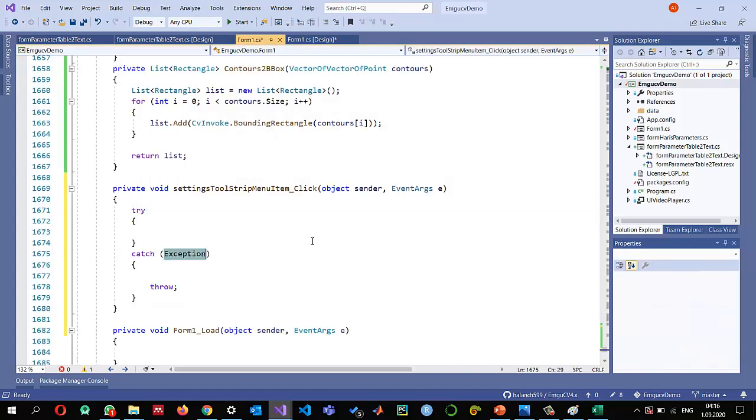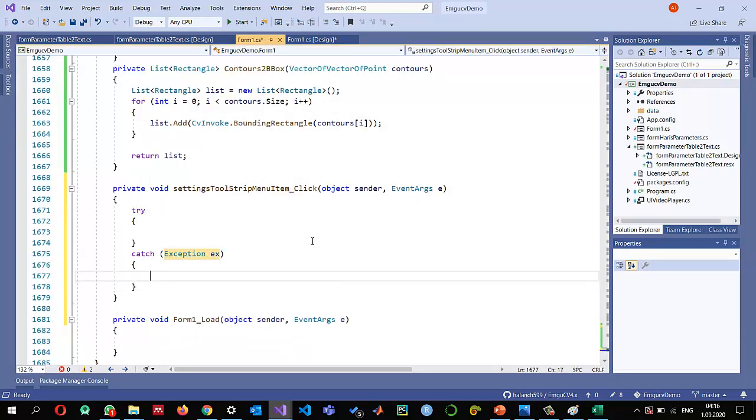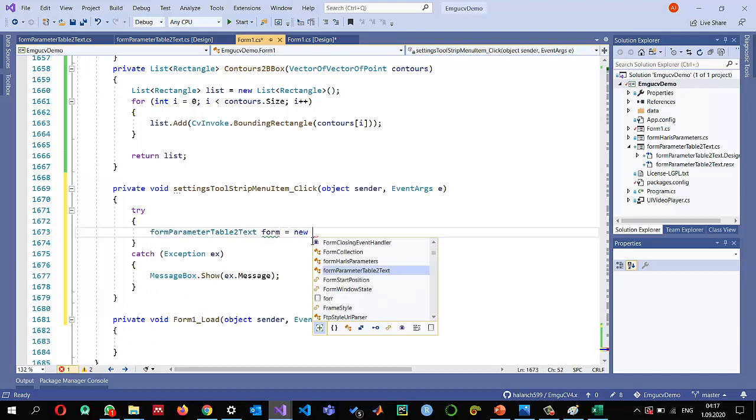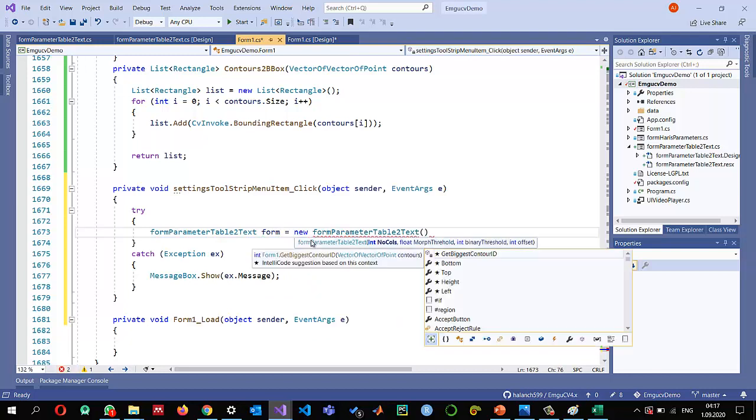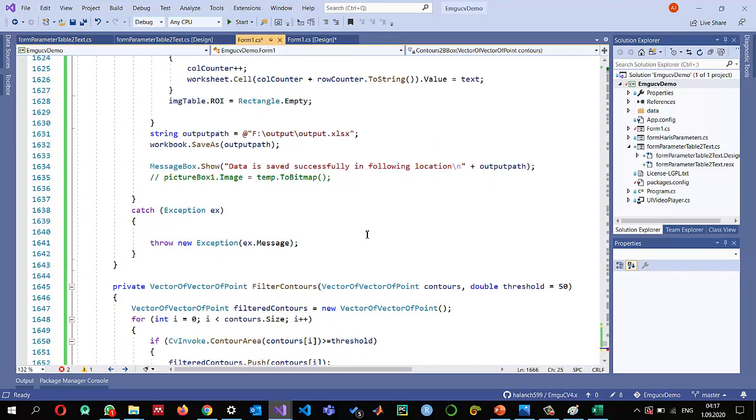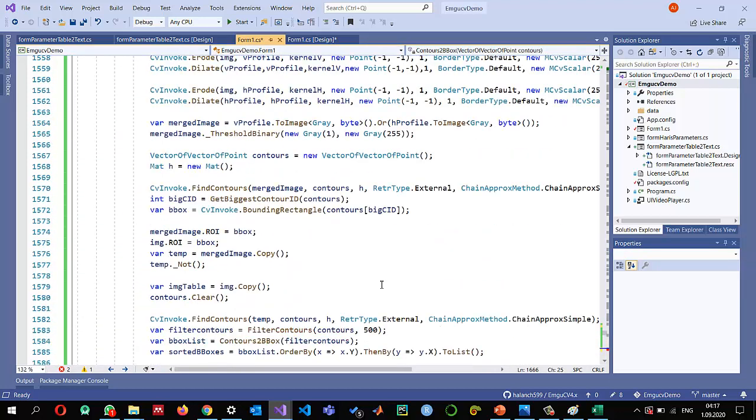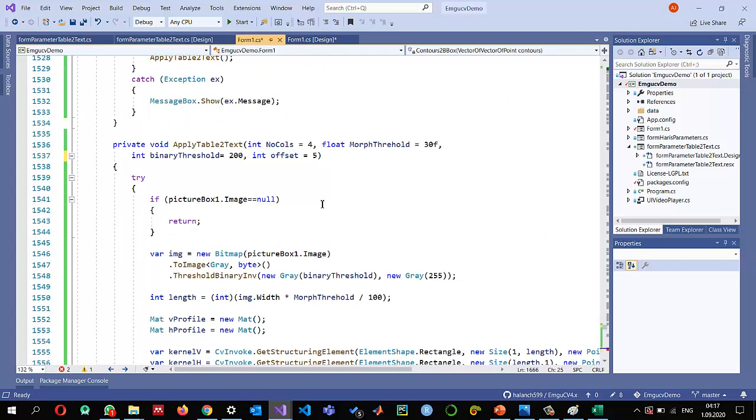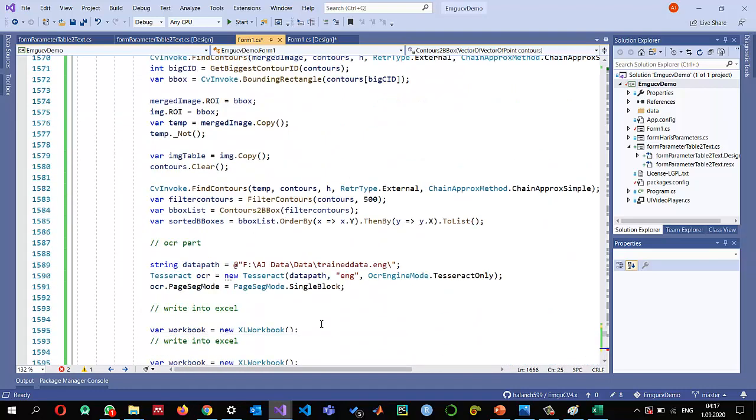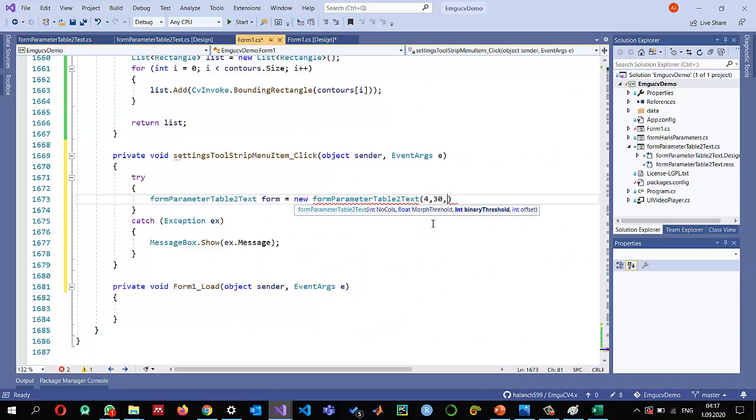and here I can write try catch also, ex, and then we can show a message box, ex dot message. So right here, when we are going for the settings, we just need to create the object of the form parameter to table list. Form is equal to new form, and this one is expecting the default values, and I think it's the best way to pass whatever default values we have. What were the default values? I don't remember. We can use 430, 205, 430,